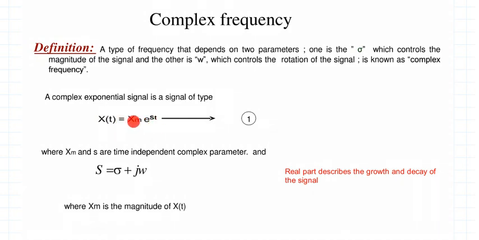as represented here. So I have a signal x(t) and I have represented that signal x(t) as x_m into e raised to st. Given a signal x(t), let us say x(t) is voltage or some current through the circuit, then any voltage or any current which is given to us can be expressed in this way: x_m into e raised to st. Then what is x_m? x_m is the magnitude of that signal.